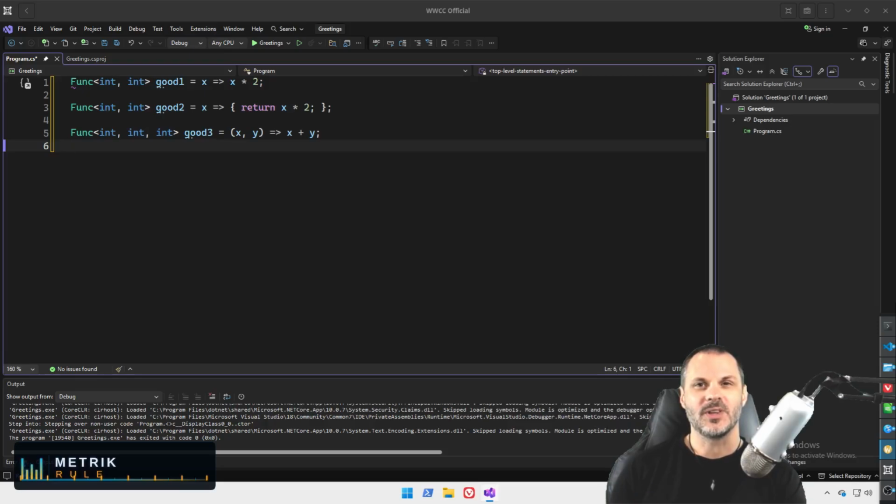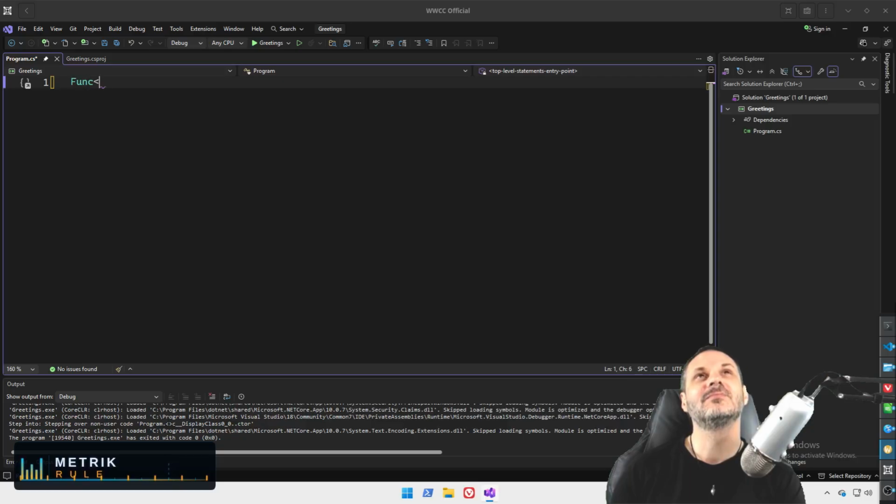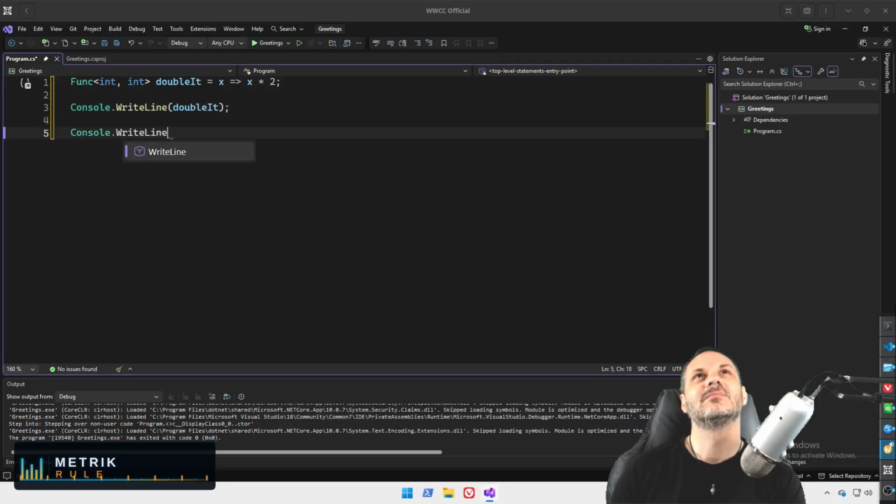Now, the third one you can actually run because it's not a syntax error, it just produces the wrong output. A logic error, the most devious kind. I'm not crashing, I'm just lying to you. Tell me more. Write it and run it. Line 3, Console.WriteLine of doubleIt, no parens. Then line 5, doubleIt of 5. The compiler is happy, but what's it going to say?